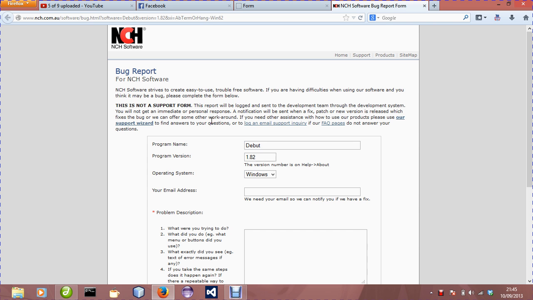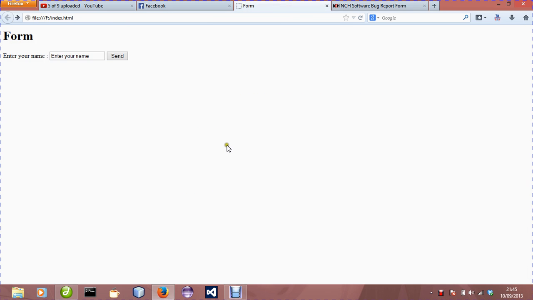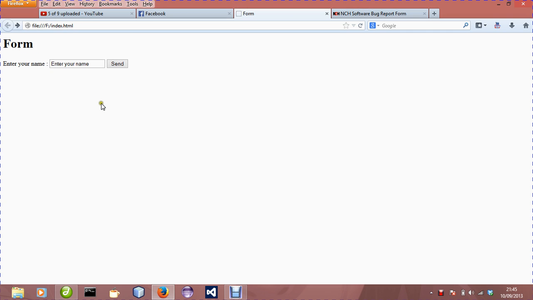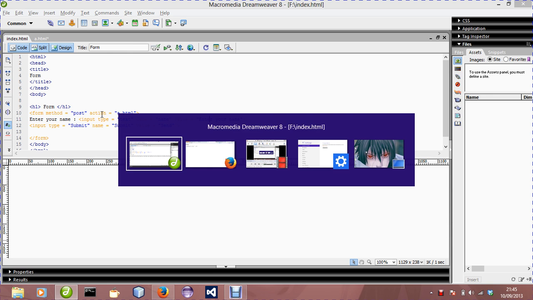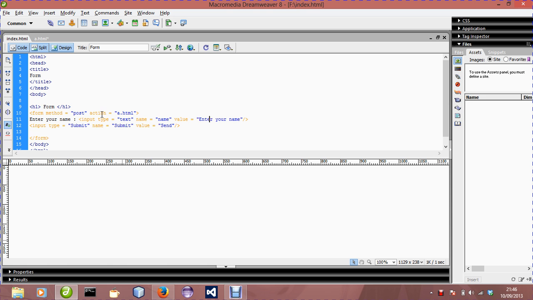So where were we? Over here, this was our form tag. I'm going to tell you the various forms of input we can use right now. First of all, let me close this tag. Over here, instead of input type equals text,